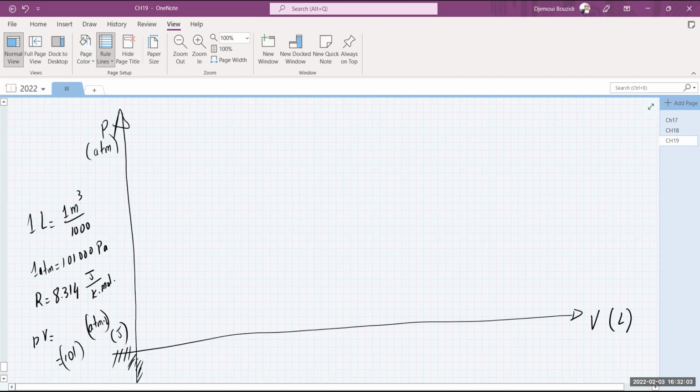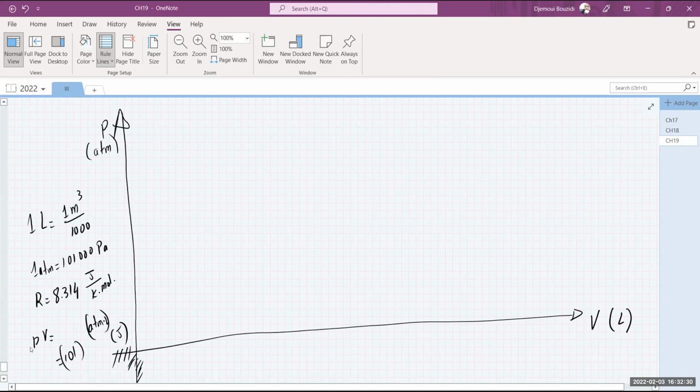So in other words, you have to be careful with your units, because typical problems use liters and atmospheric pressure, because those are daily numbers that we deal with. It's much easier to say 2 liters of something than to say 0.002 cubic meters, okay? Or cubic centimeters or something like that. So you have to be careful with this unit business, okay? So that is one thing.